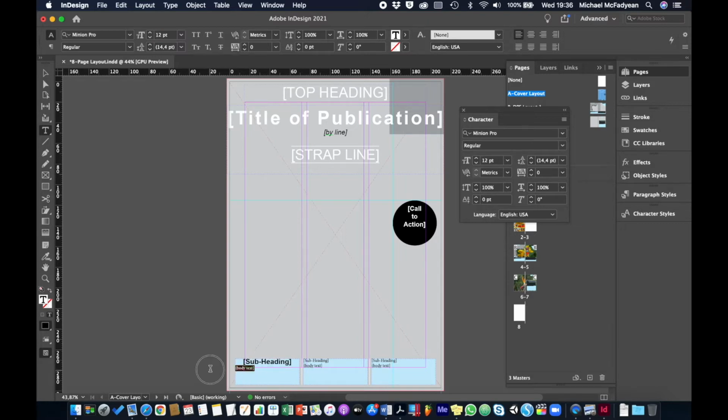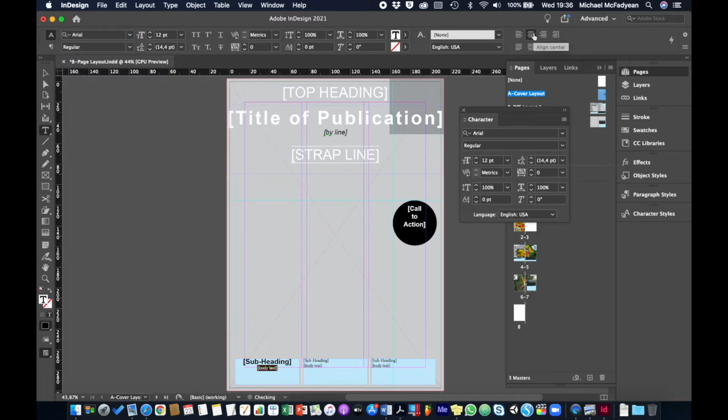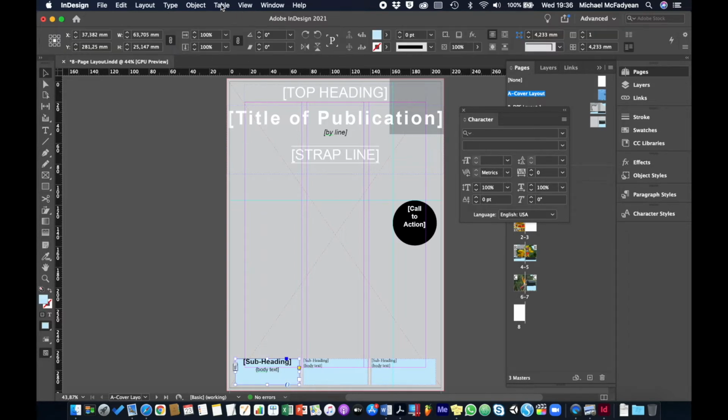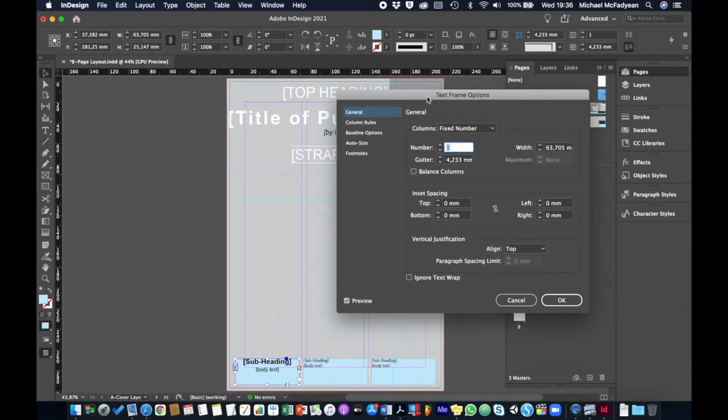And then the text, we'll make that Arial regular, and also center it, and we'll push the size up to 14 and the leading up a little bit, 20 points. Okay, then selection tool, and then object, text frame options, and let's lock them together, and let's just push the text in a little bit there. Okay,